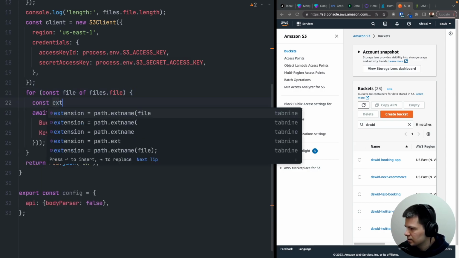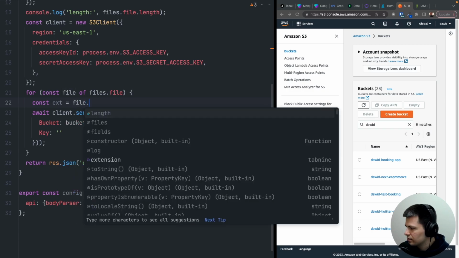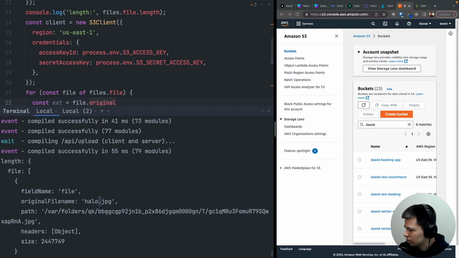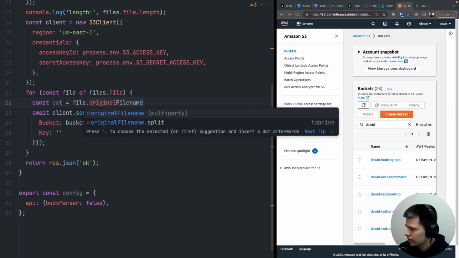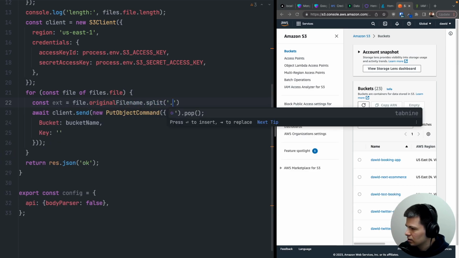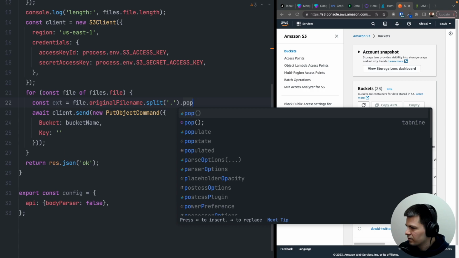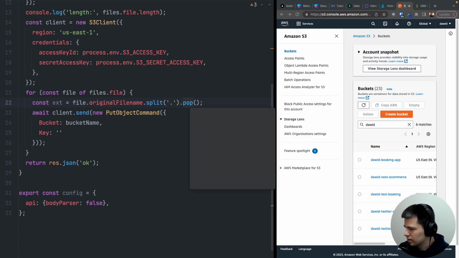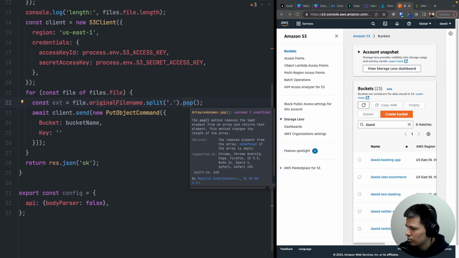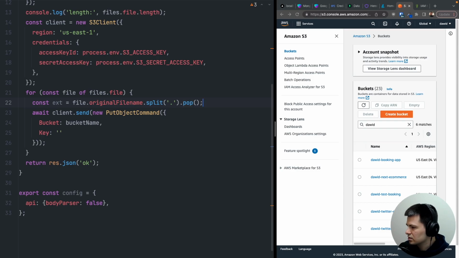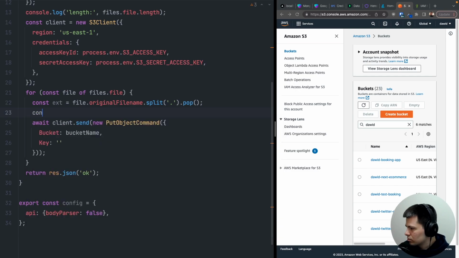Let's do const extension equals file dot original file name dot split, using dot. I think we can take the last part with pop. Let's see what pop is doing. Pop method removes the last element from an array and returns that element. That's awesome. Right, so maybe we can now just do console log of extension and file to see if everything works,